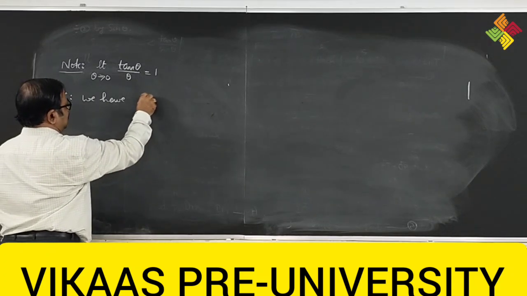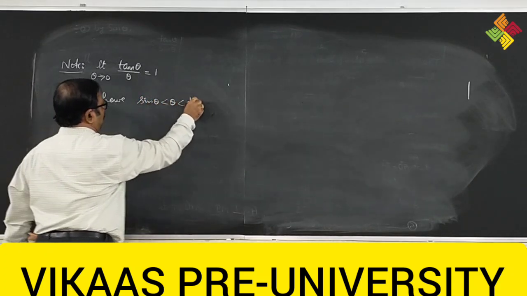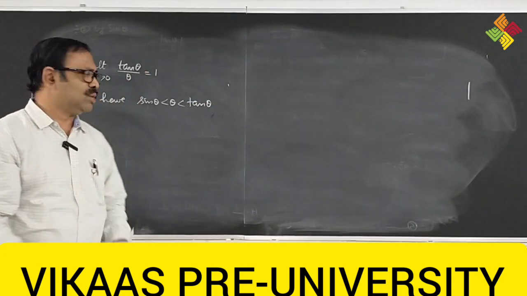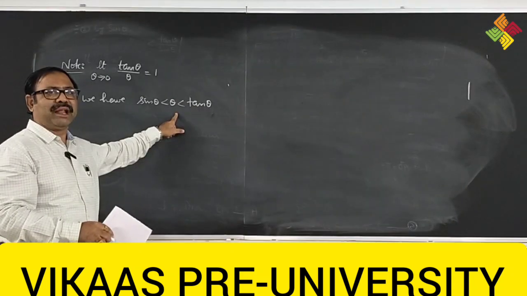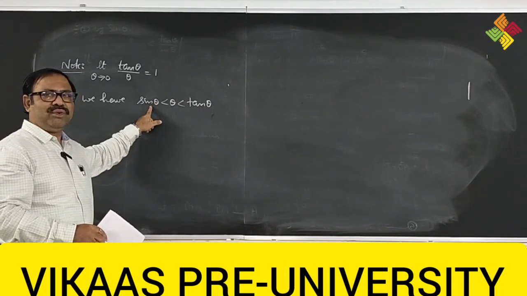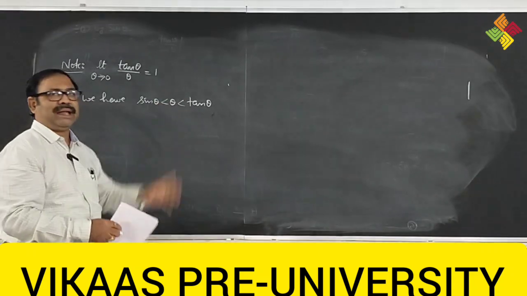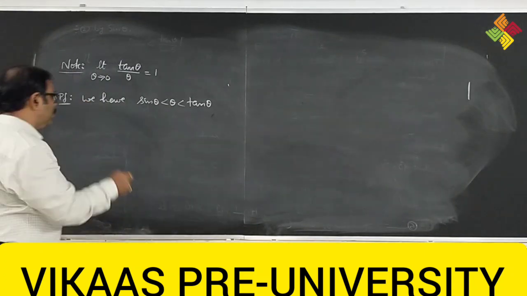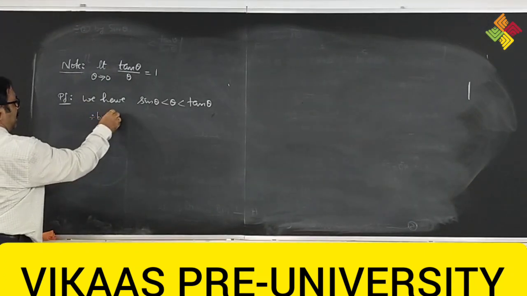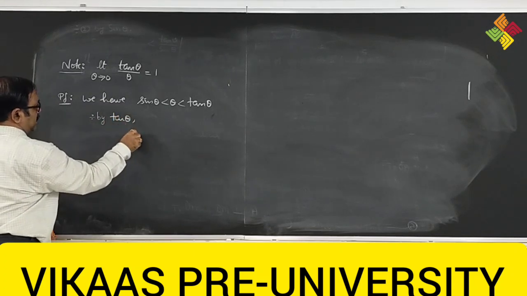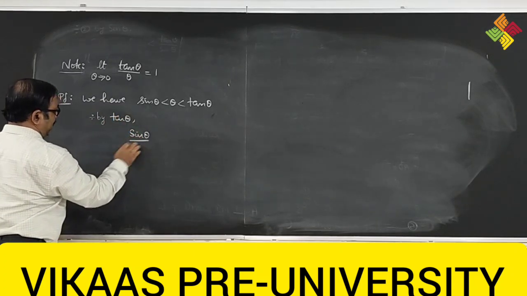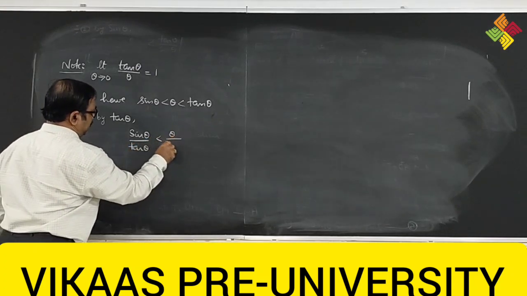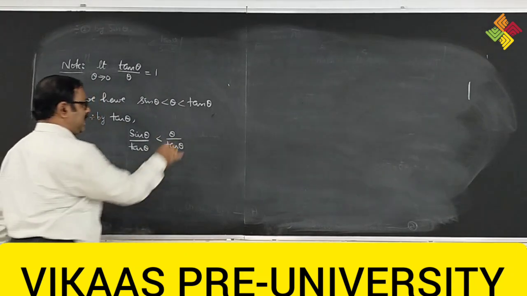Now see, for the proof, do you remember I have proved this result? I took it as equation 2 in the earlier derivation. So now once again you take this inequality. We have sin theta less than tan theta. Now what do you want? Tan theta by theta. Therefore you divide by tan theta. Then what do you get? Sin theta by tan theta divided by theta by tan theta,